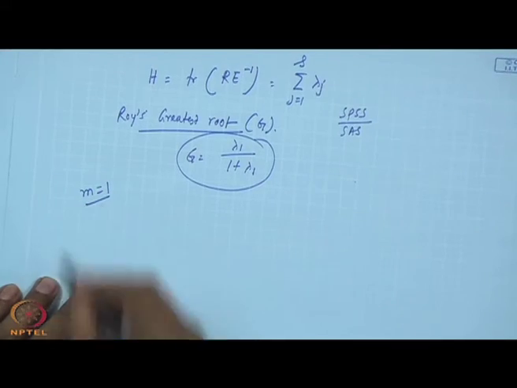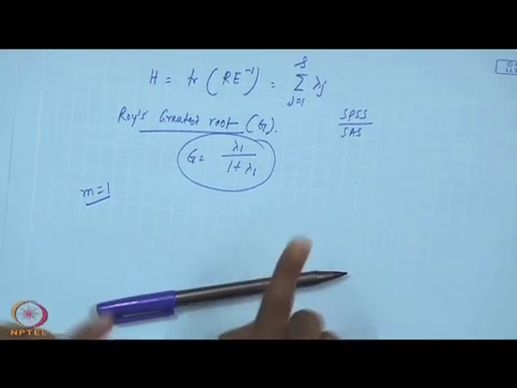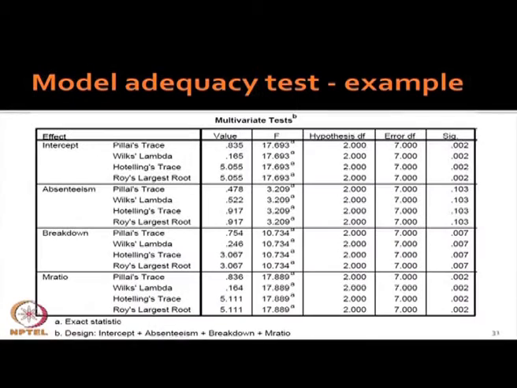Now, if I consider m equal to 1, that means individual variables are being tested one at a time. So, for every variable you test and then see whether it is contributing or not, like in the ANOVA case, where individual variable SS you have identified. So, with this I want to go to the example. This is the CTCAN data.